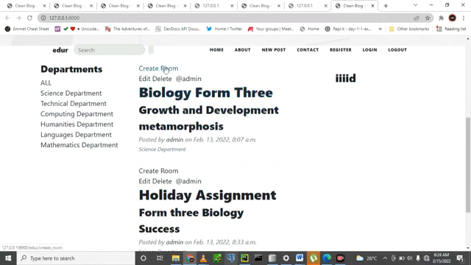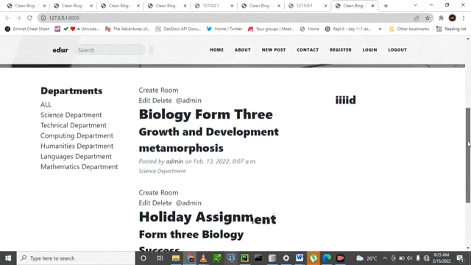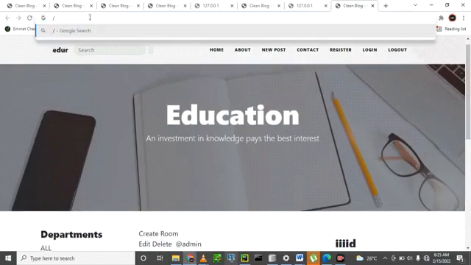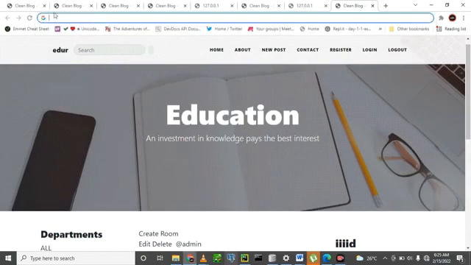But I said create room, edit, delete, we don't talk about this because these are CRUD operations and are something different from this topic. Now we have this one, biology form 3, growth and development, metamorphosis, posted by admin on Feb 13, 2020. I've just created this one recently. Now let's go to the